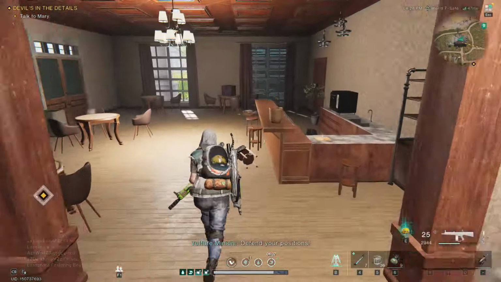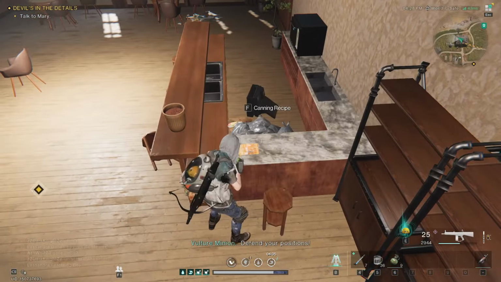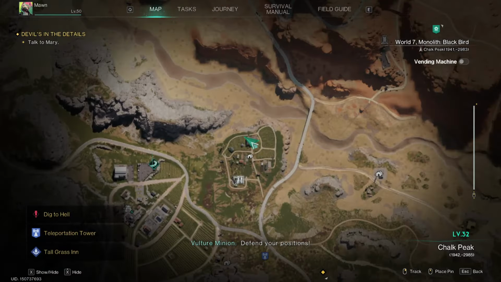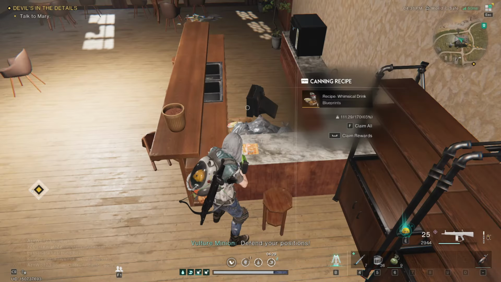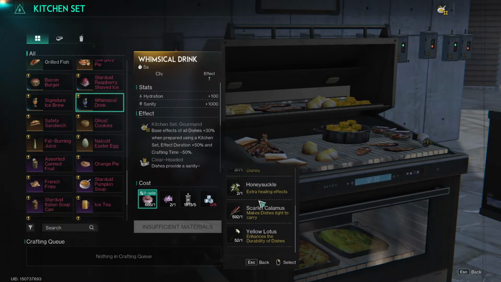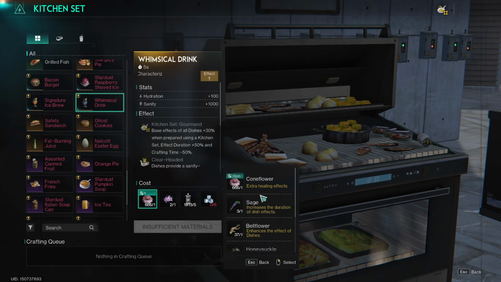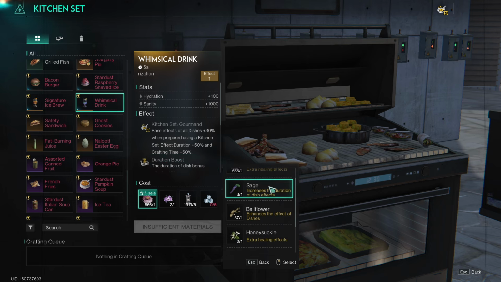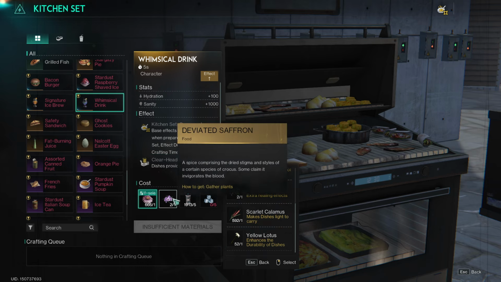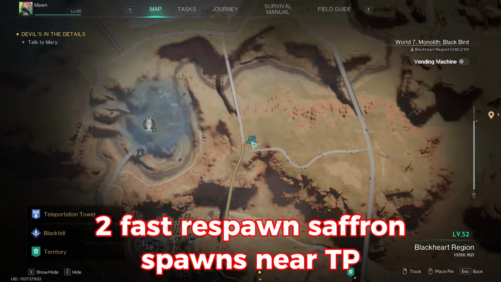The Whimsical Drink gives you 25% bonus status damage, and its recipe can be found at Brewery Estate, near Evergreen Vineyard. And now, to craft the Whimsical Drink, you're gonna need one type of flower. So you actually have the choice between coneflowers, sages, bellflowers, honeysuckles, scarlets, and yellow lotuses. You'll need deviated saffron,